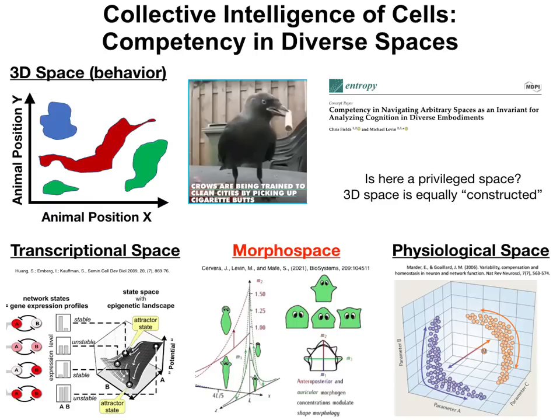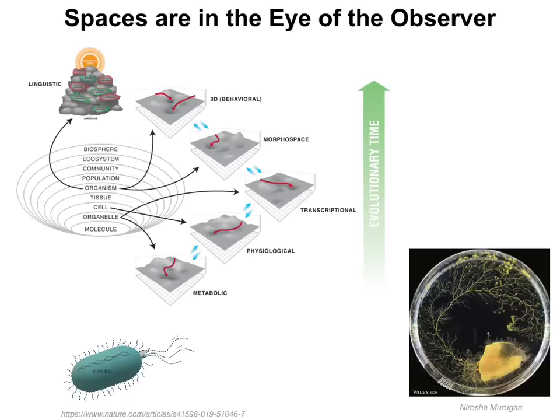And so Chris Fields and I wrote this paper to try to show what's common to all these spaces: the ability of biology to navigate and to do the kind of perception-action loop that we associate with intelligence, and that loop, that control of behavior, can be done in many other spaces. In fact, I'm not sure that three-dimensional space is privileged at all. I think to some extent we construct it cognitively, just like we can construct all these other spaces. And so, on the one hand, we can look at evolution as basically progressing some of the same tricks through various spaces as